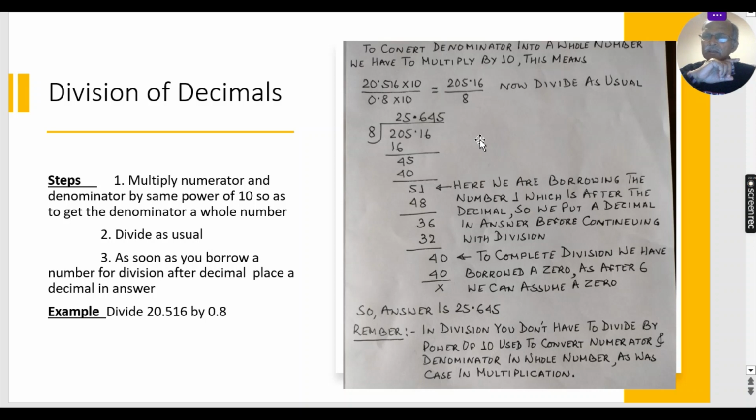The second difference: in multiplication we have to individually convert each to a whole number. Here our aim is to convert the denominator only to a whole number, and for converting the denominator to a whole number, whatever power of 10 we have used, we will multiply the numerator by the same power of 10. I hope you got it. Okay, so now we close here and we will take up the multiples and the factors in the next